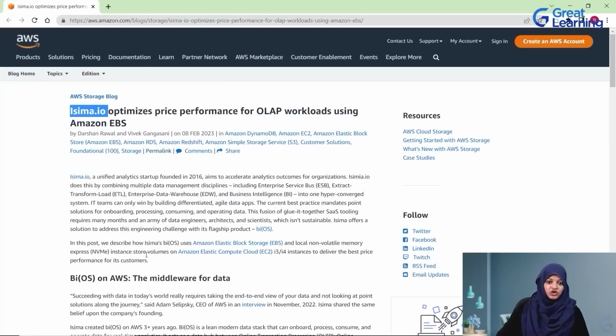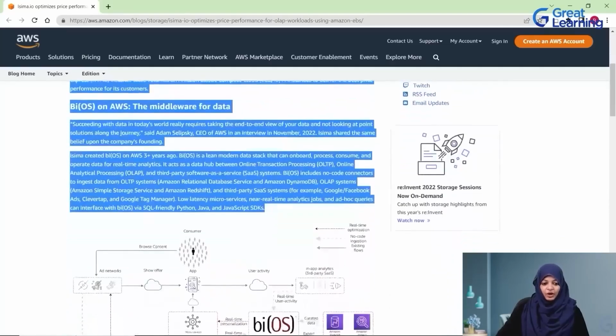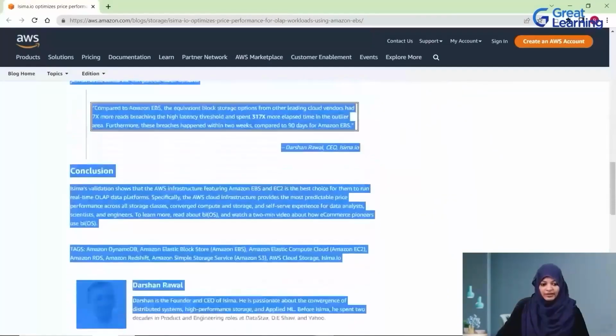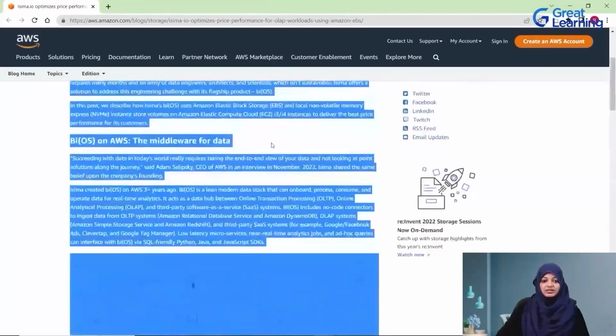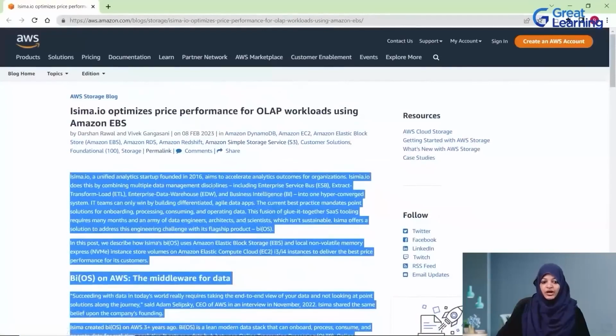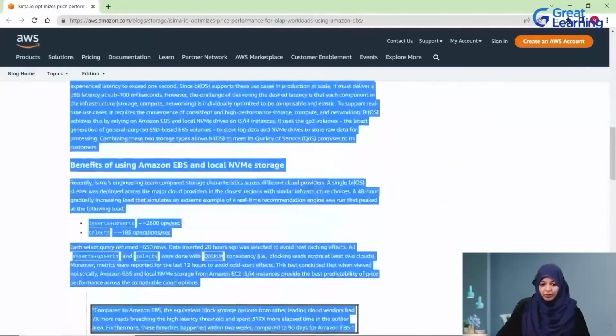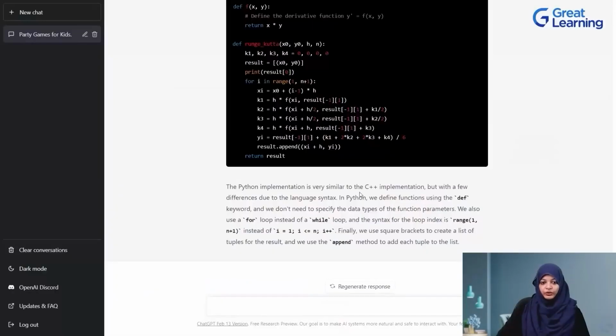Now, as a researcher, I've got say 15 to 20 blogs that I need to review in the next 30 minutes only. There is not enough time for me to read through even one blog and understand what the topics are. So what I can do is very simple. Copy the whole blog here. Now, since this blog is a part of the AWS blogs, I can actually use this here since these are freely available. So I've copied this particular blog, and what I'm going to do is I'm going to go into my ChatGPT